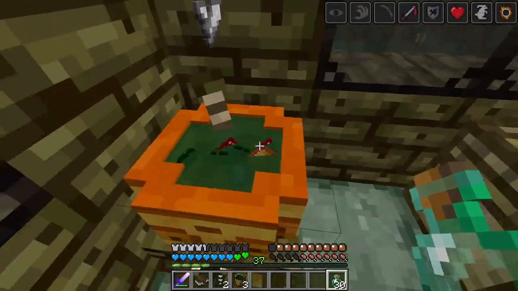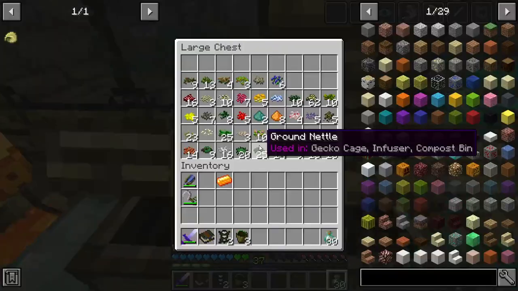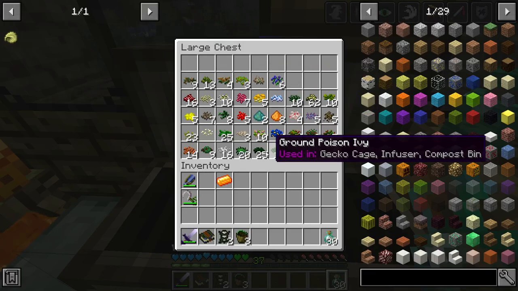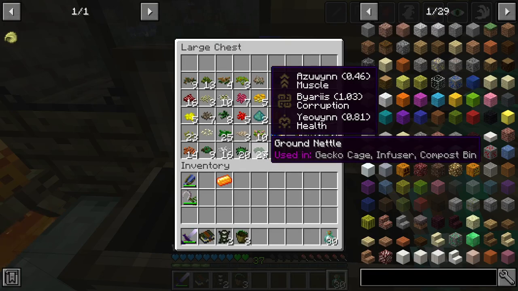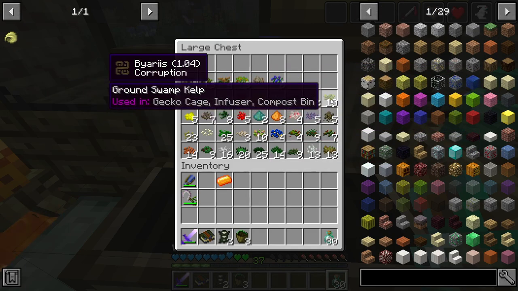No, but this takes a second to get boiling. See the little bubbles there? You'll see steam in a second. I already know what you do. Yeah, if you press shift on these, it tells you what it has. Already got a couple of those, but...